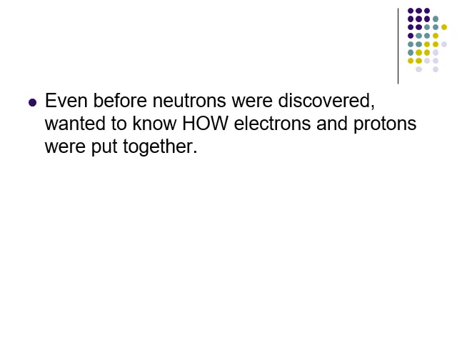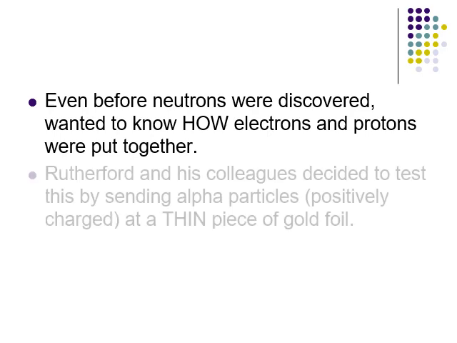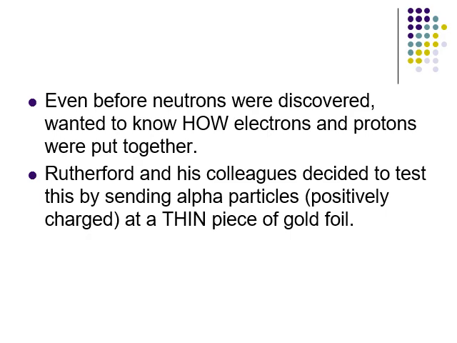Now, even before neutrons were discovered, we wanted to know how the atom was put together, not just that there are electrons, there are protons, and we call it good, but how are they structured? So, I believe he was British. I think he was a physicist, but he could be a chemist. The line was a little bit blurred at this point in history. A guy by the name of Ernest Rutherford and his colleagues tested this by doing something called the gold foil experiment. And what this was, he took a very, very thin piece of gold, and from what I understand, they chose gold because gold is particularly non-reactive. They didn't want chemical reactions to be a part of this.